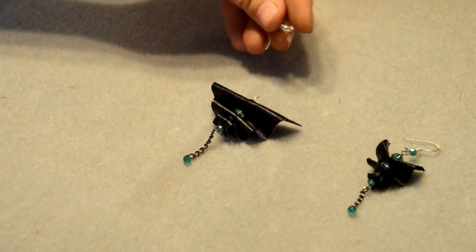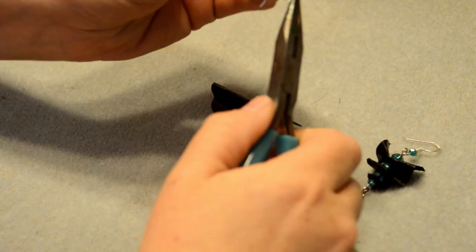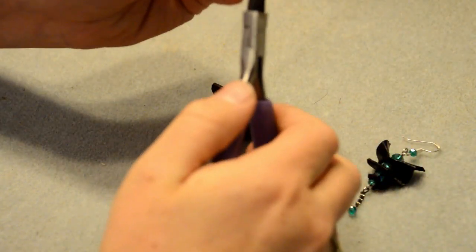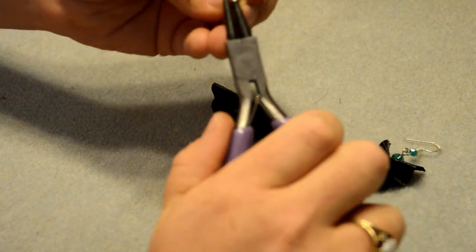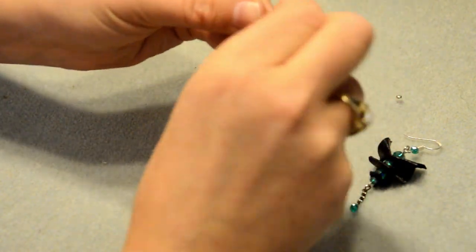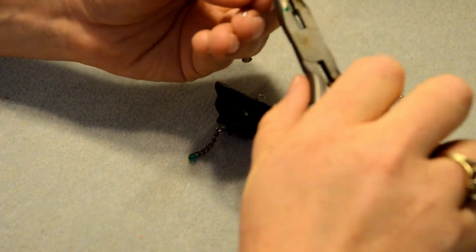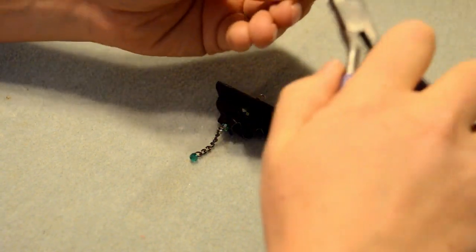But you can attach this and leave it at that and be done, but I like to embellish it just a little bit more. So I'm going, oh, I used the wrong one. Okay. Alright, so I'm going to take my cone pliers here and open it just a little bit. And I'm going to take that silver bead that these earrings came with, and I'm going to put on a small bead that matches my earring. And sometimes I go through a couple earring hooks because I wind up messing this up and not making it look pretty. But,